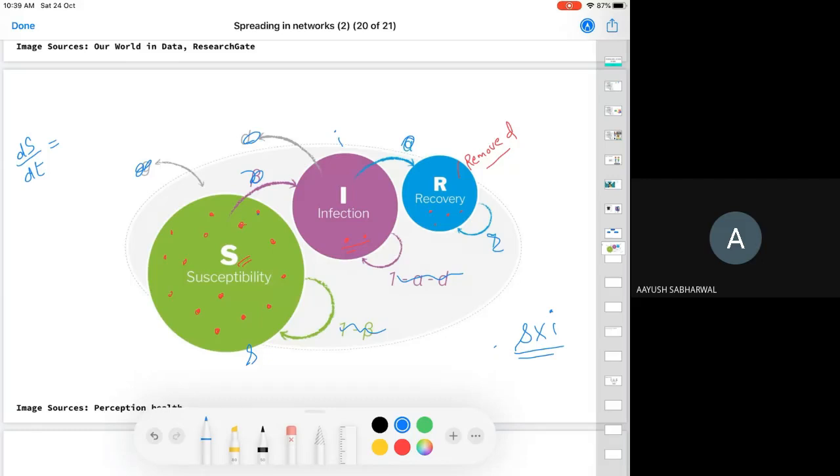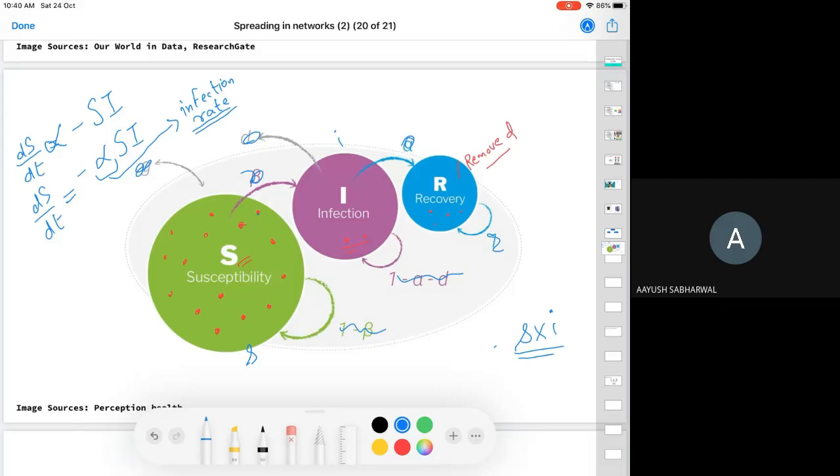So we say that the rate at which the susceptible people change, first of all, is going to be negative because the people here are going to decrease. They cannot increase. It's going to be proportional to S into I because these many possible contacts are there between the people in these two chambers. And then when you equate it, you can add here a parameter alpha. So this alpha is called the infection rate. It's the rate at which infection occurs in this network.